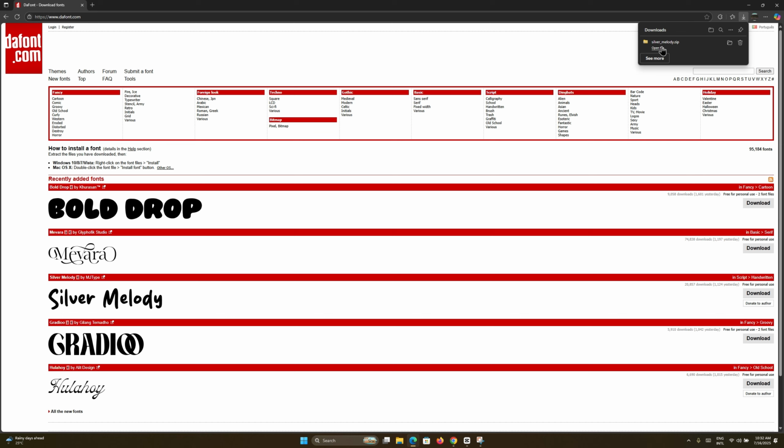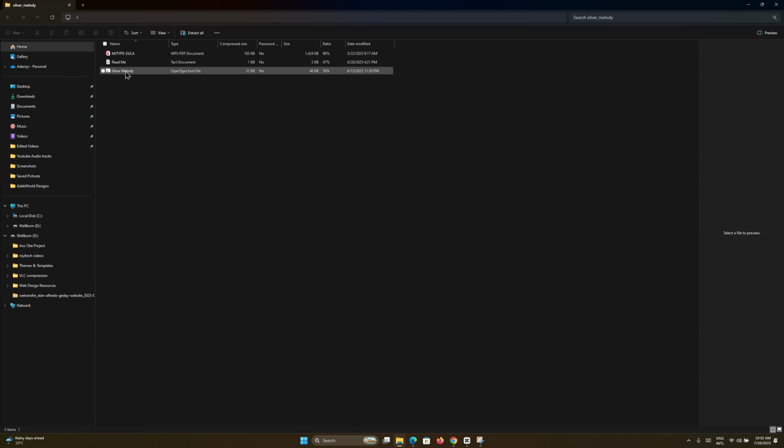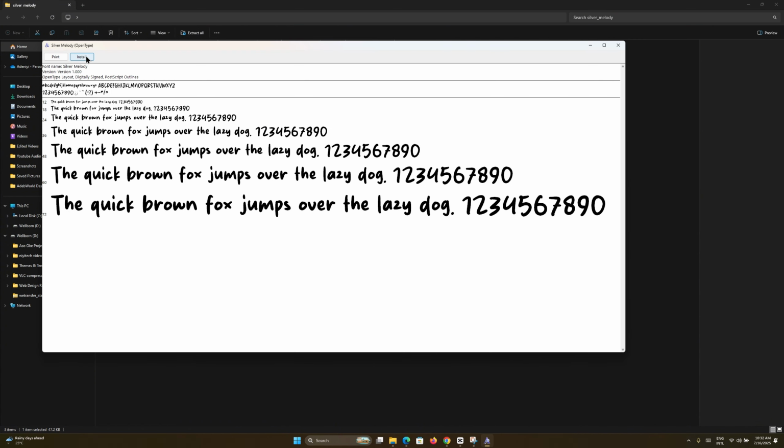Alright, so once the font has been downloaded, click to open file, click on this option that says Silver Melody, and you should see install right here. So just go ahead and click on that, allow the font to install, and once it's installed, come to your